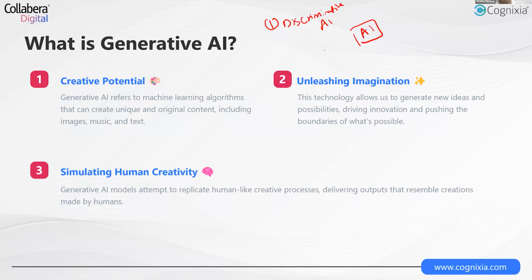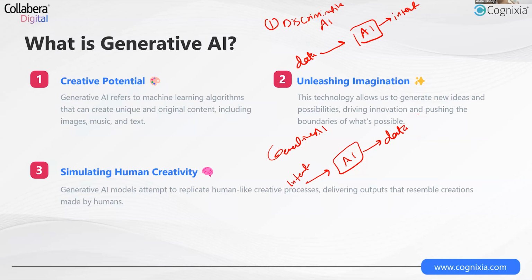Here, to the AI system, we input data and we get intent. Whereas if you have to explain generative AI, it would be: we build AI systems where we feed intent, such as I need to have an image of a handsome looking man like me. And then you generate and get data, which could be images, audio files, text files, scripts, anything of that sort. So that's about generative AI.